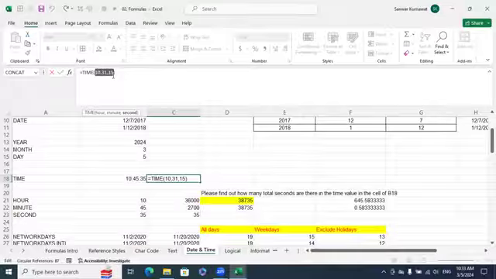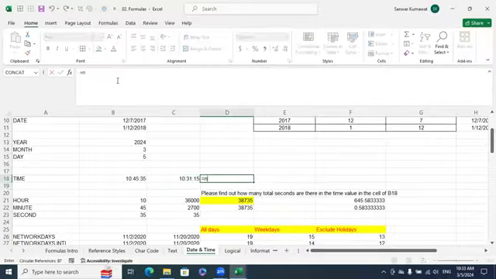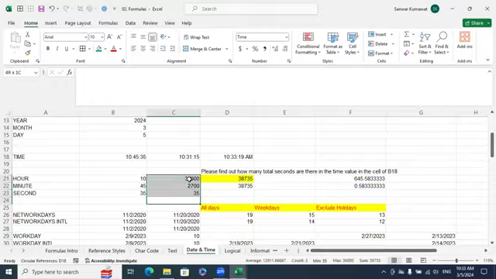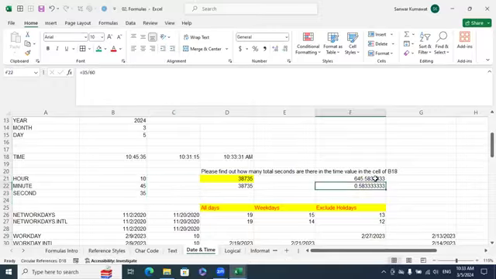MRF: manual, reference, formula. This is a manual input; this time will not be changed. If I write a function here, it will be changed. This is a volatile function. I have taken this time as manual, but from this time now I want to take